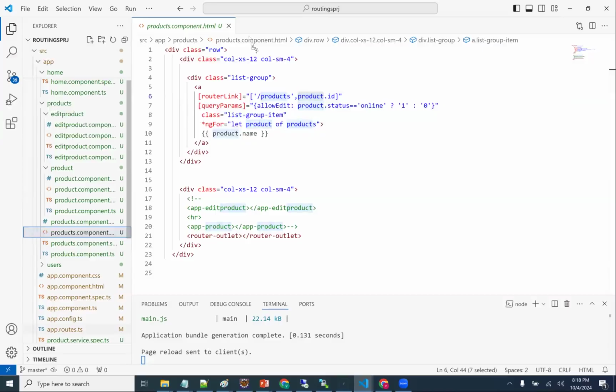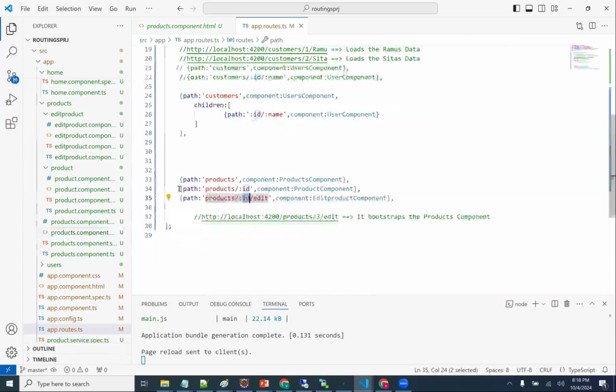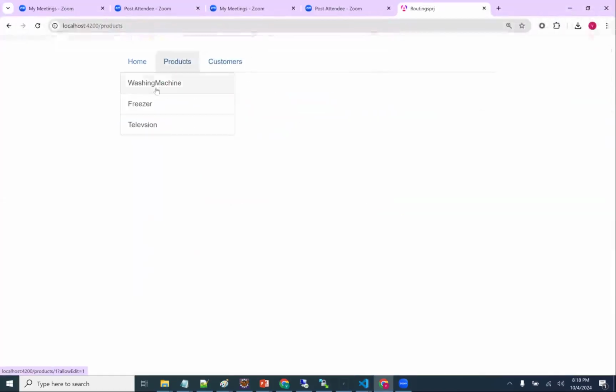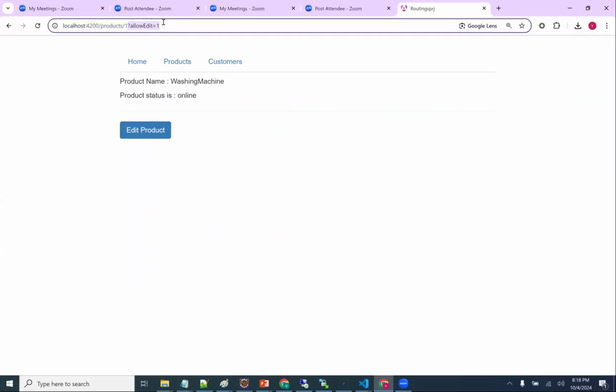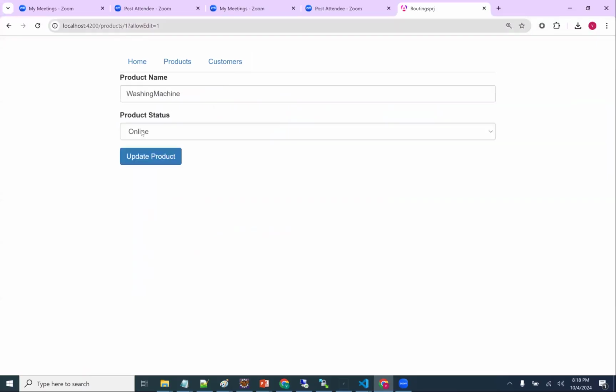I'm going to the product component, that is the view product component. Understand, right? So whenever I'm clicking, this flag is available till view products. But when I click on edit products, whatever flag I set is gone.